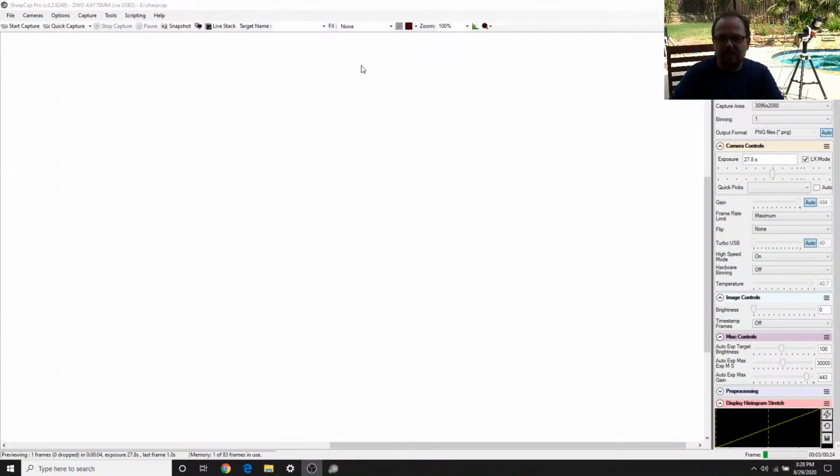Now, that is not parafocal. I have no idea if we're anywhere near focus right now. So what I'm going to do is bring up SharpCap Pro. I'm going to connect to it. Switch. There we go. So bring up SharpCap, and